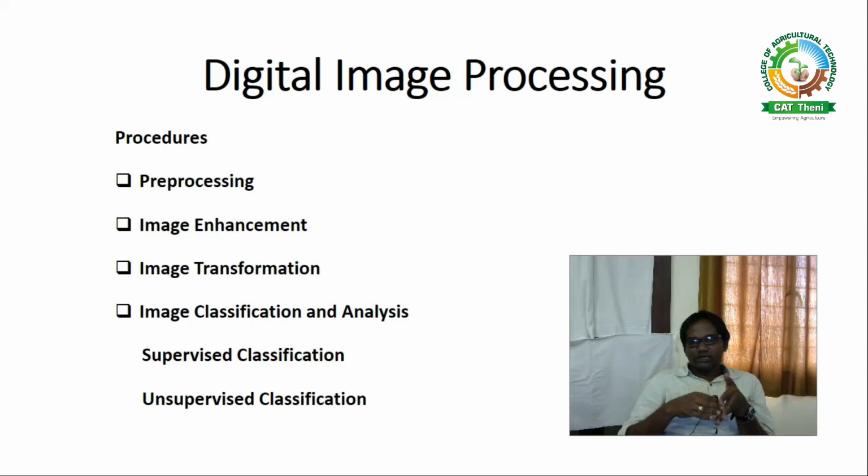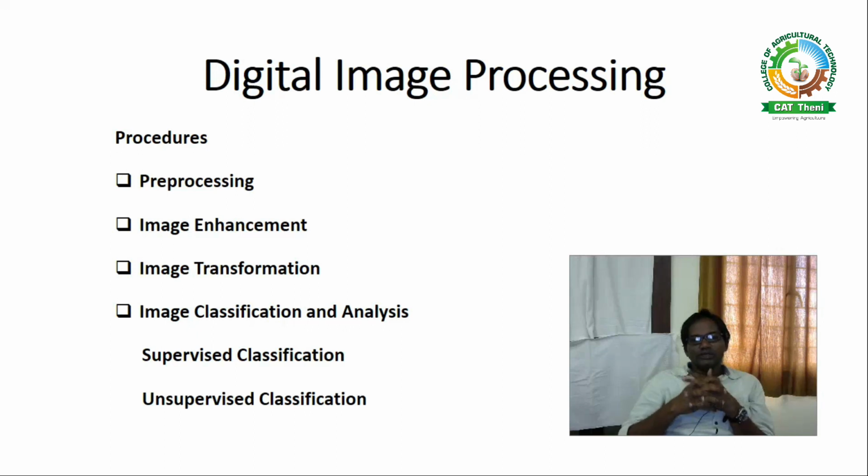Another one is spatial filtering. The second step in image enhancement is spatial filtering. Spatial filtering can enhance or suppress specific spatial patterns. If you want to reduce the distance between one object and another object, we can do spatial filtering. Otherwise, if you want to reduce that spatial pattern, we can reduce that. Okay, so that is called image enhancement.